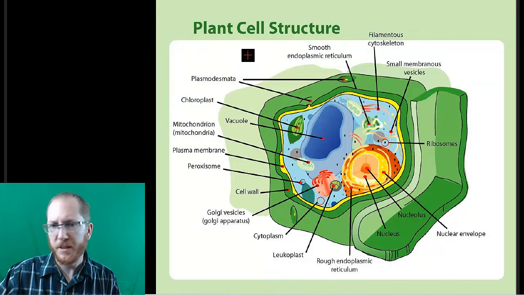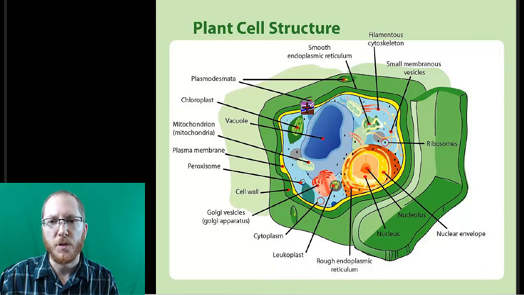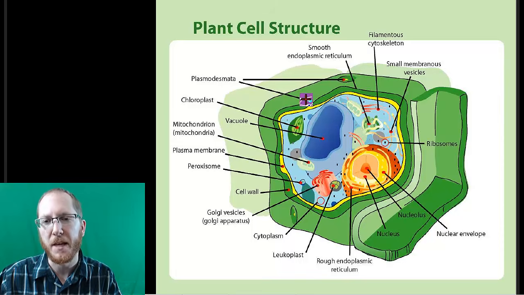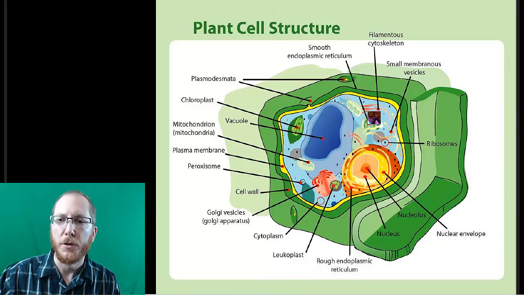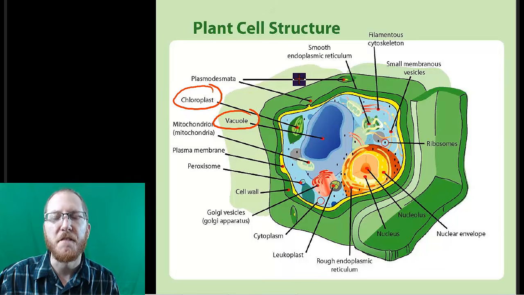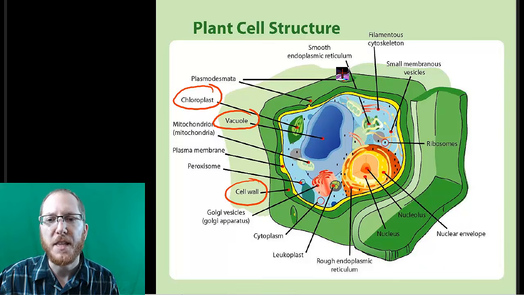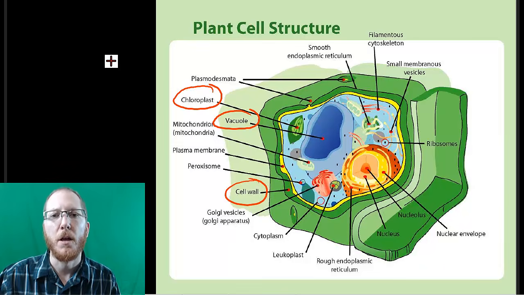So plant structures, as we just kind of wrap up here, we see the plasmodesmata. We've got those channels. That's something you'll only find within the plant cells that we'll talk about because animal cells don't have the cell walls, so they can't form the exact same thing, although they can do channels. You'll see that when you look at a plant cell, we'll have this large central vacuole, so that's going to help identify this. We've got chloroplasts, which you're going to find in plant-like cells. You will not find this in animal cells. We already brought up the cell wall. So those are the three main things that you'll see that will identify it as being a plant cell,